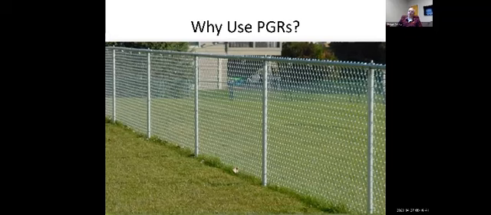Then you up the ante a little bit on economics when you move to something like Fusilade or Ornomec, and then something like Primo is going to be in range with Ornomec. Possibly some of the PGRs can be quite expensive, north of $100 per acre. Primo is not going to be quite that expensive. It's going to be similar to something like Ornomec.